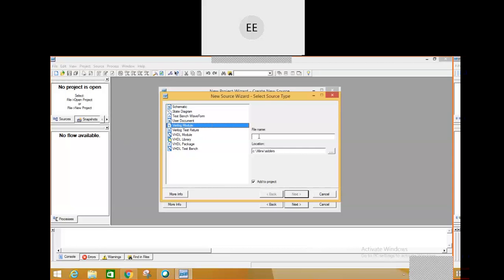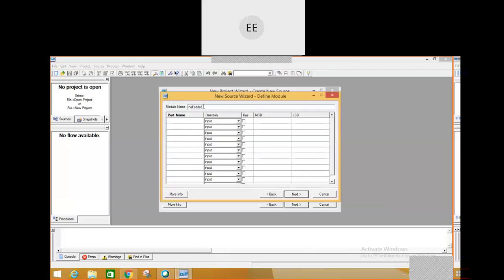So you have to choose Verilog module and give a name to that module. So let me give it as half adder. Half adder is the name I have given. See, whatever file name you are going to give here, the same thing will be taken as the module name. Okay, whatever file name you are giving to your source, the same thing will be taken as a module name. So give a relevant file name. Then I'll say next.